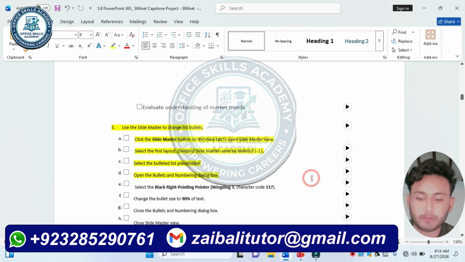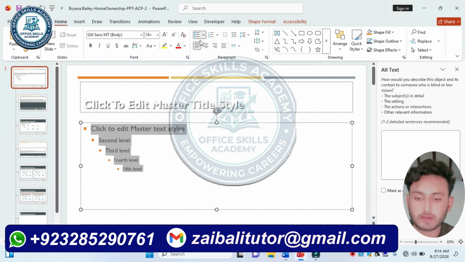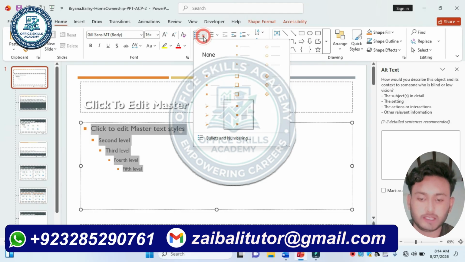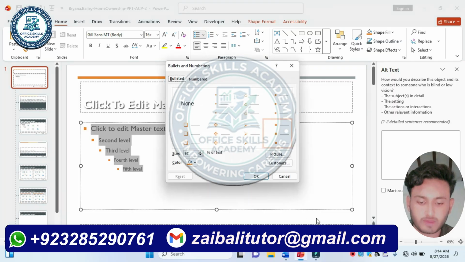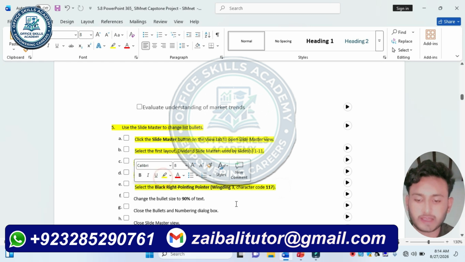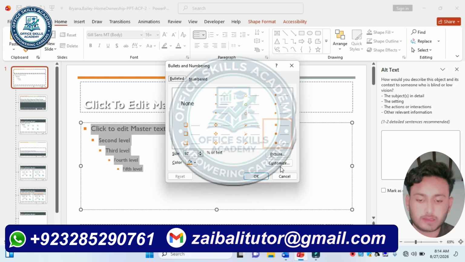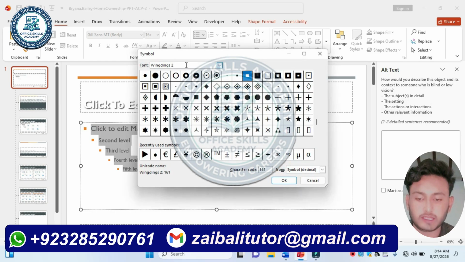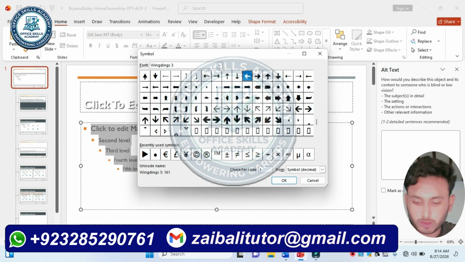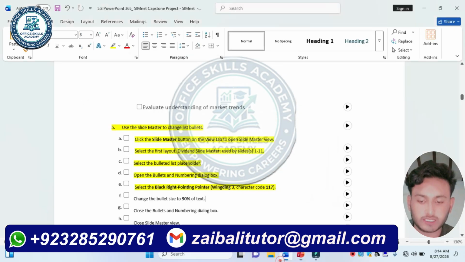Open the bullet and numbering dialog box. So we go on our PowerPoint sheet, and on the home tab here in the paragraph click here and bullet and numbering, and next one is select the black right pointer printing 3 character code 117. So we go on our PowerPoint sheet, and on the customize here we choose 3, and here we put code 117 and click OK. And next one is